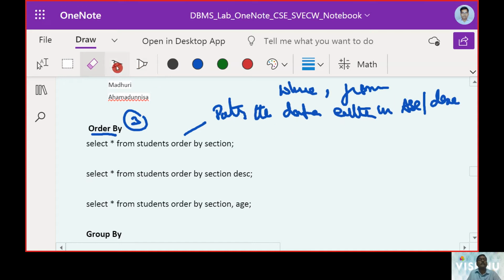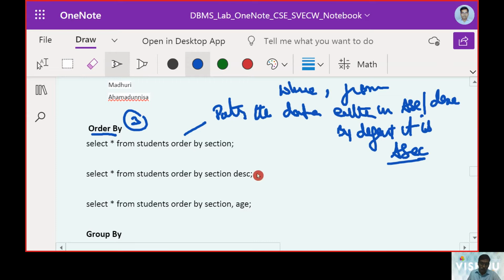So by default, it is ascending order. If I want to use the things in descending, then I have to use a keyword called DESC. So that's where we have to understand.